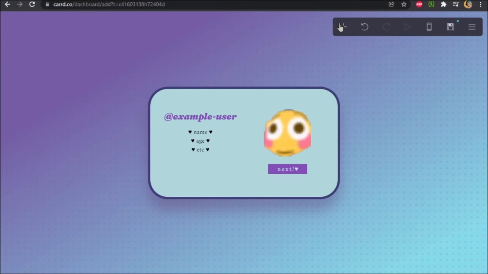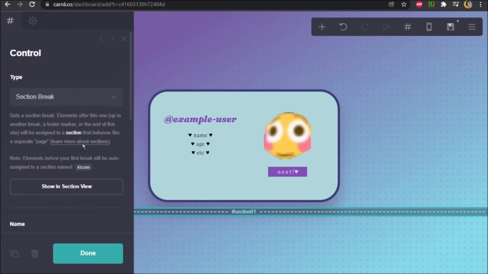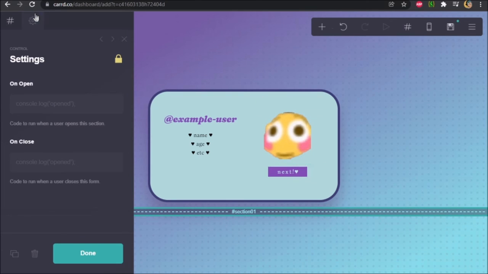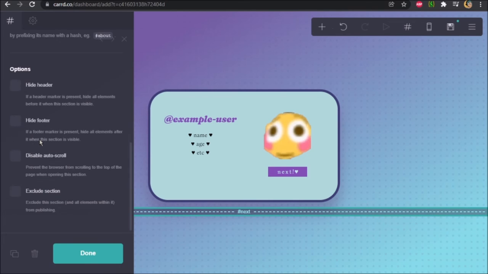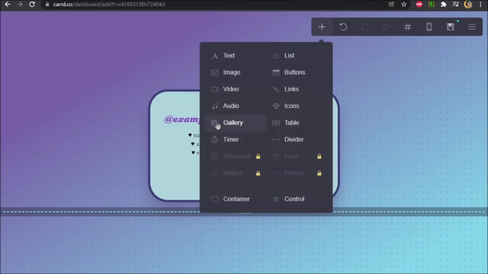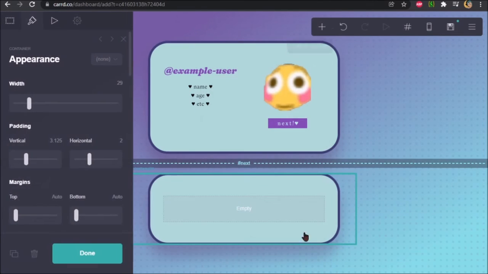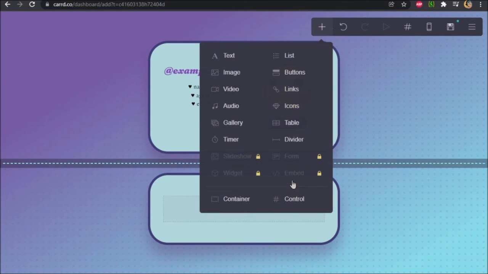So then at this point, you would want to make the next page control. And then you need to be sure you name it whatever you made that link there. So we will be naming it next, I believe is what I named it. So then from here, you can make another container. And it should copy the style above. If it doesn't, then go ahead and click on the container and then add a new container and drag it